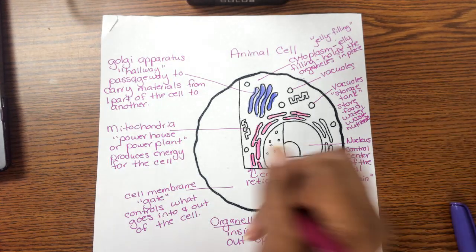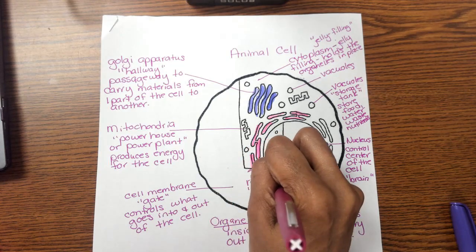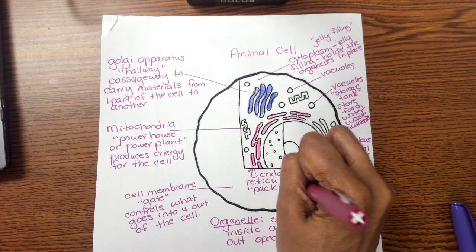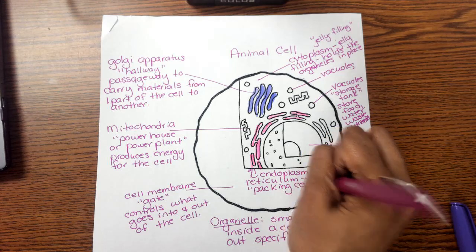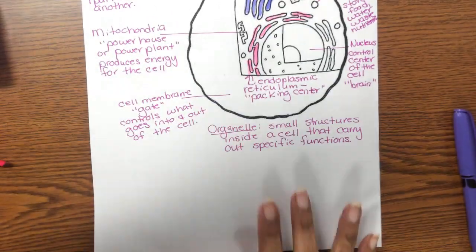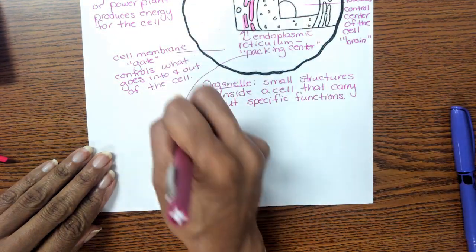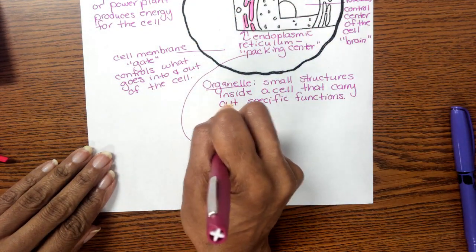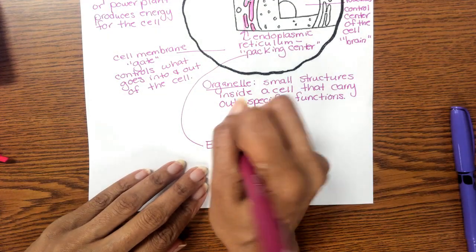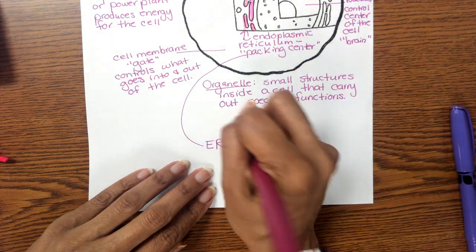Okay, and we're going to call this the packing center. Okay, so the endoplasmic reticulum is responsible for packaging materials to be sent to other parts of the cell. So I kind of ran out of room here, so I'm going to draw a line down here. We also call it the ER, so I'm going to write ER, okay, endoplasmic reticulum, and this is the area